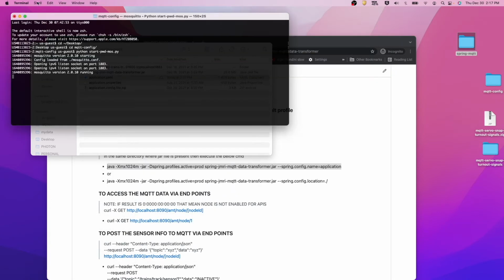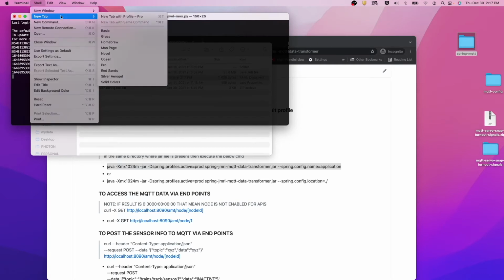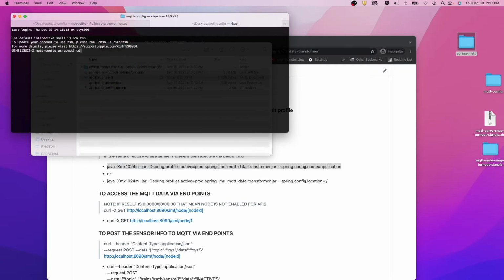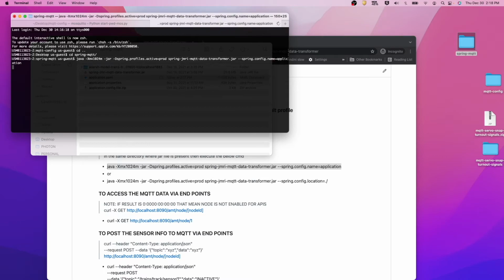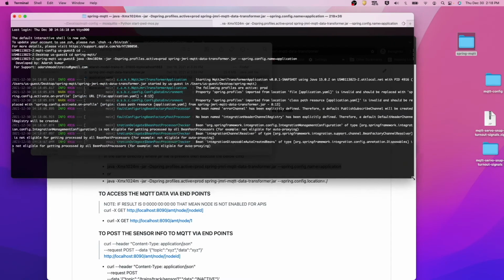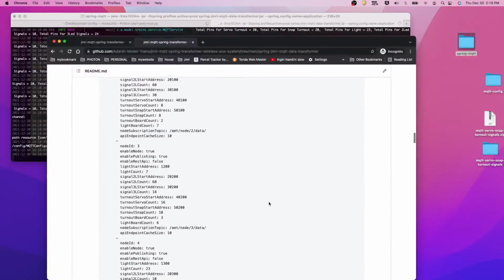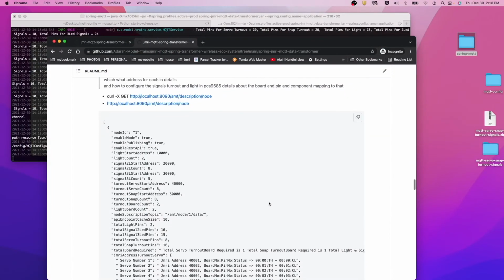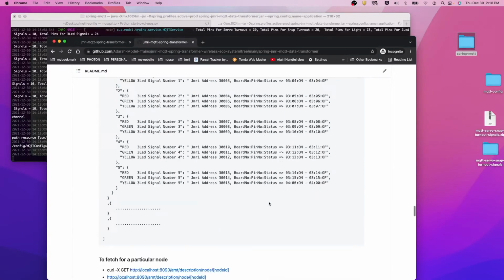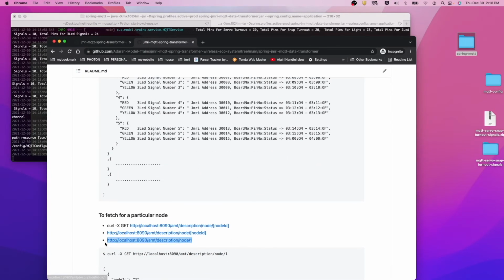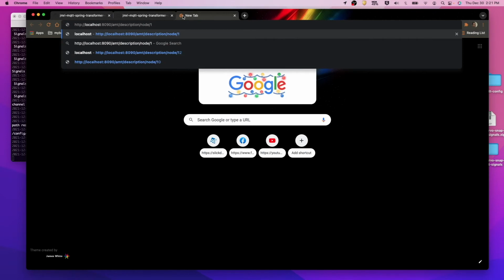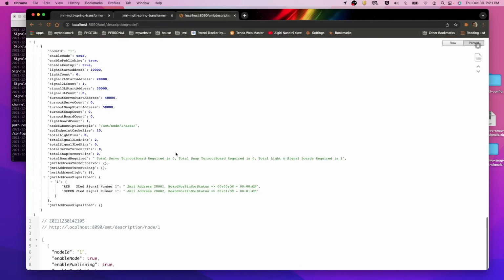Let's open one more tab here. Spring. Copy paste the command that we have used. Let's start it. Let's go into the home page here and get the description command for node 1. Here you can see node 1 is enabled, publishing is enabled, REST API is enabled. We need 2 LED signal here. Light board count we need 1.